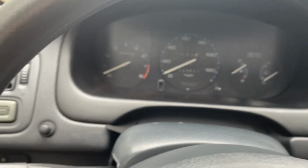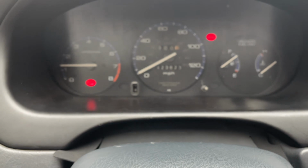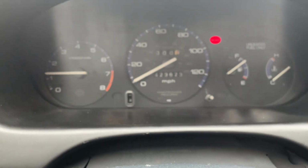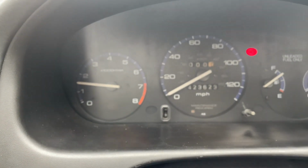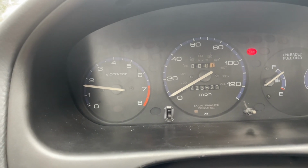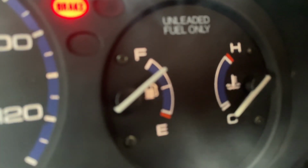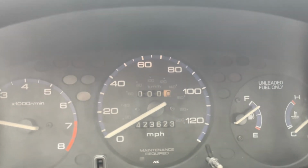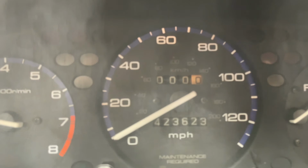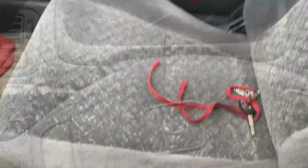Let's see. Okay. So far, so good. Damn, why is that light just killing my, let's see. Yep, there's the lights, as you can see. All the lights are lighting up, so we're good on that. That's just a brake light. There we go. And yeah, so we're gonna wait for it to warm up a little bit, and we'll go for a quick drive. So before I begin the drive,